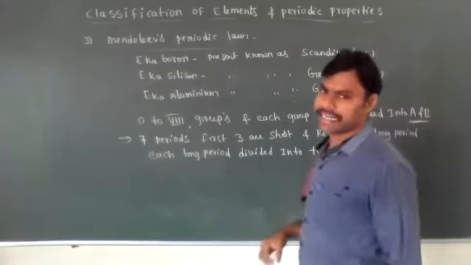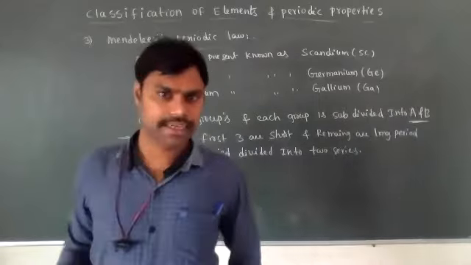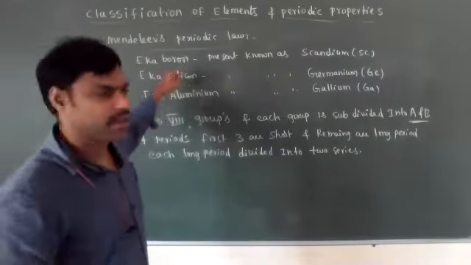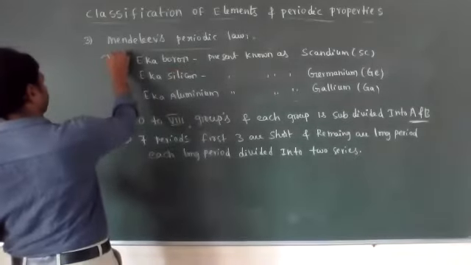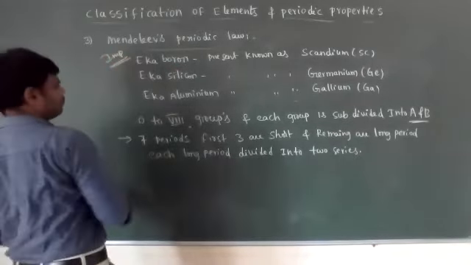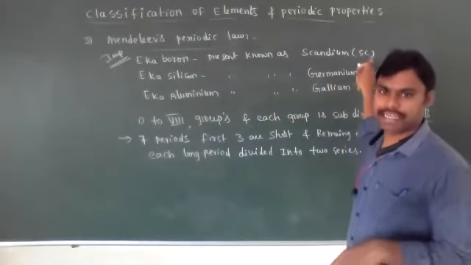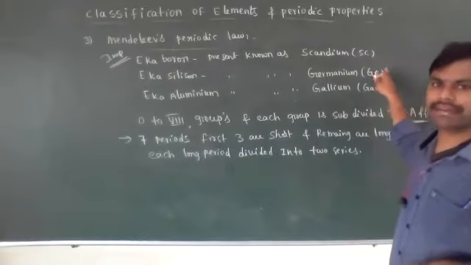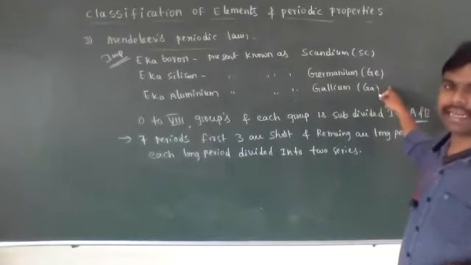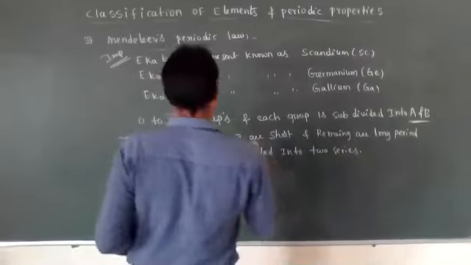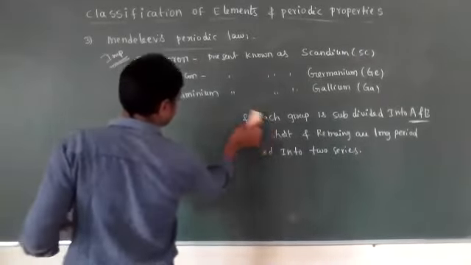That is the greatness of Mendeleev. It's very important also: eka-boron is scandium, eka-silicon is germanium, eka-aluminum is gallium. Okay, students, clear? Now, one more important thing is